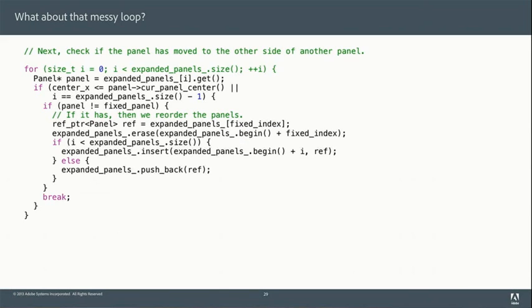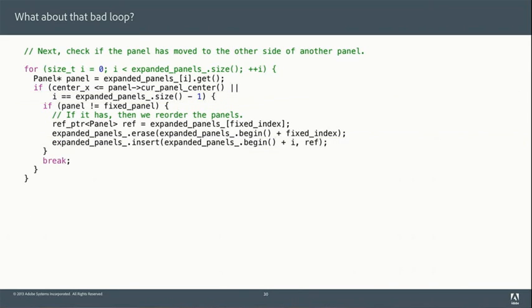So let's go back to this piece of code. I just pulled out just the loop from that first piece of code that I showed you. Let's walk through what's going on here. First, we've got these checks here that seem to be redundant. They are somewhat redundant. In the latter case here, we're deciding between an insert and a push back by determining whether or not we got to the end of our range. Well, we can use an insert at the end, so we can simplify this code by just doing that.